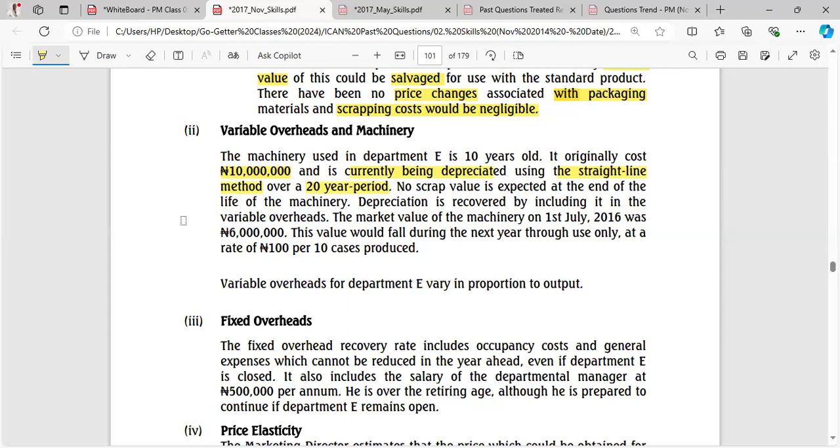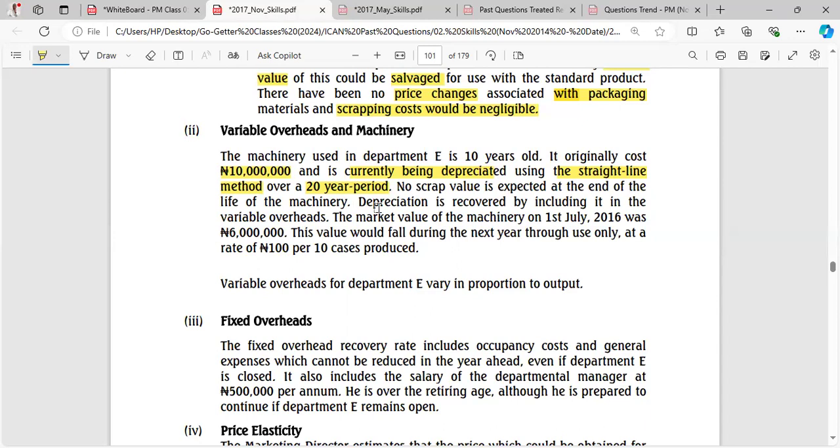They plan to use it for 20 years as its useful life, and so they have been depreciating it for the past 10 years with straight-line depreciation. They now said no scrap value is expected at the end of the life of the machine. But take note, all of this is not important to us because depreciation does not involve the movement of